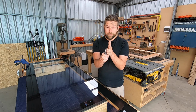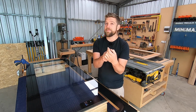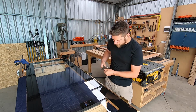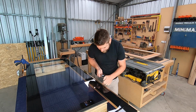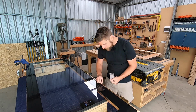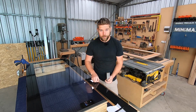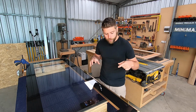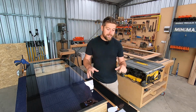So if I just put the door on the face of it, I end up with a huge gap that was just too much. So I need to rebate in. Problem is, if I rebated into the brass like this, I had to cut out so much of the brass and ended up with this very narrow strip along here that was all that was holding this piece of brass together. Now that was a problem not only for me gluing it on, but